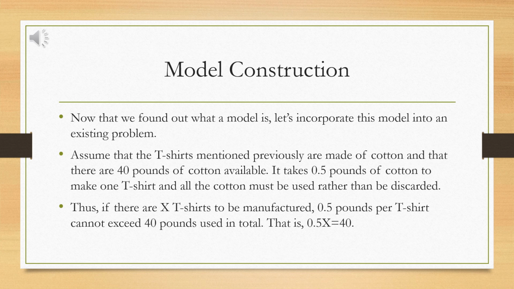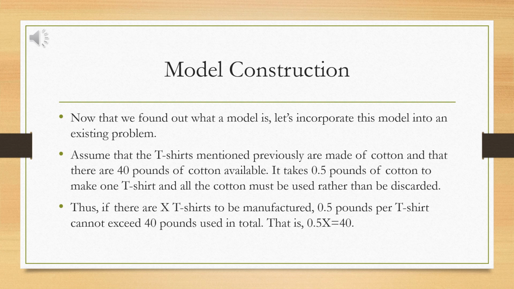Assume that the t-shirts mentioned previously are made of cotton and that there are 40 pounds of cotton available. It takes 0.5 pounds of cotton to make one t-shirt, and all the cotton must be used rather than be discarded. Thus, if there are x t-shirts to be manufactured, 0.5 pounds per t-shirt cannot exceed 40 pounds used in total. That is,